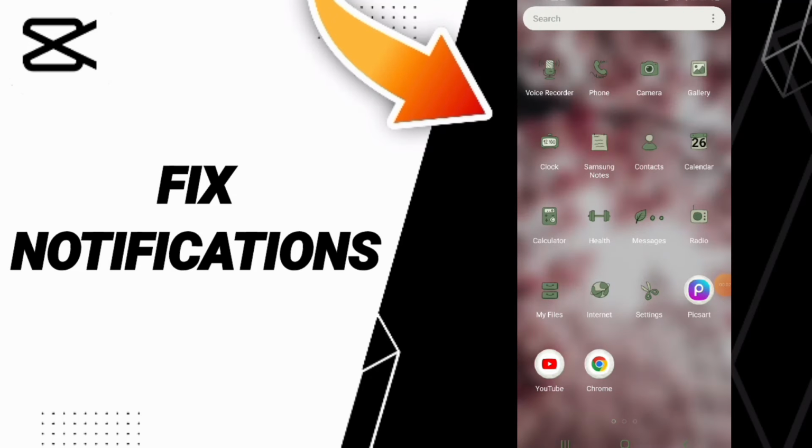Hi everyone, today we'll talk about how to fix or how to solve the problem of notifications on CapCut. To know how to fix or how to solve notifications on CapCut, you should just go to